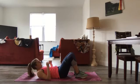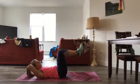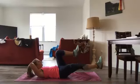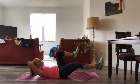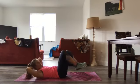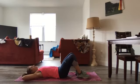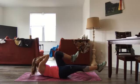So laying on your back here, lower back flat against the mat, we're going to go into a bicycle position, so legs come up to tabletop. You're going to extend your right leg, right elbow comes towards left knee, and we're going to hold. And then we're going to alternate to the other side and hold. So I'm going to count you down, starting at 10. So we're going to lift here, extend that right leg, right elbow towards the knee, left knee for 10, 9,